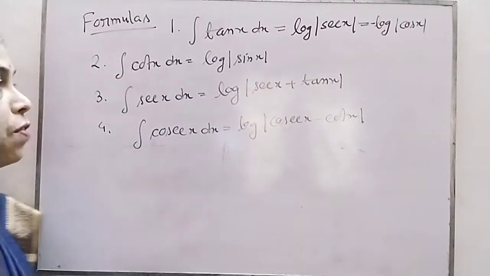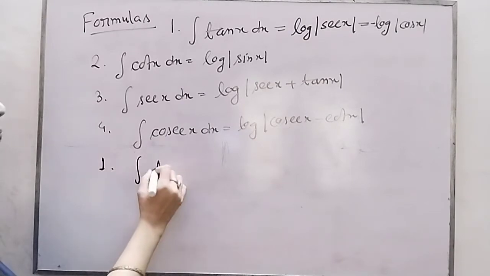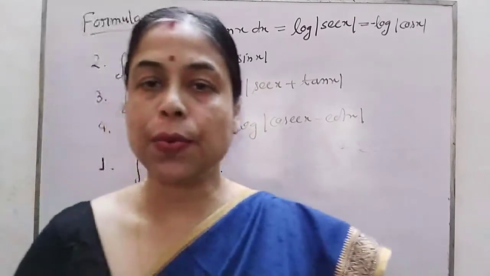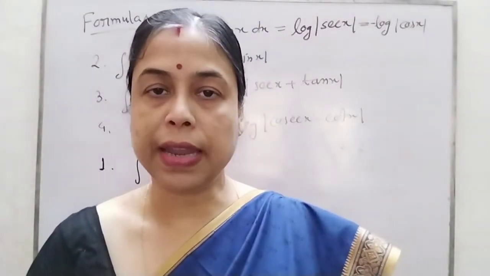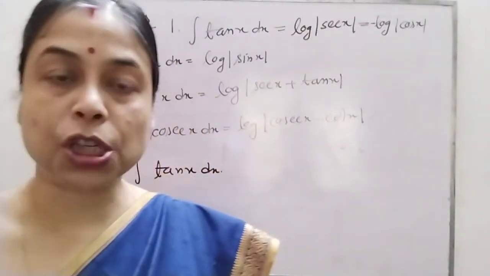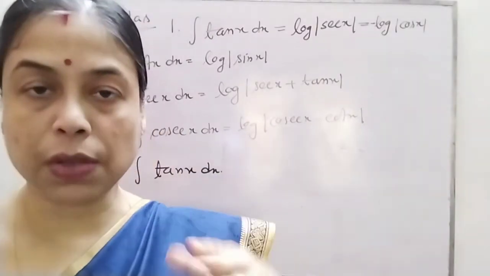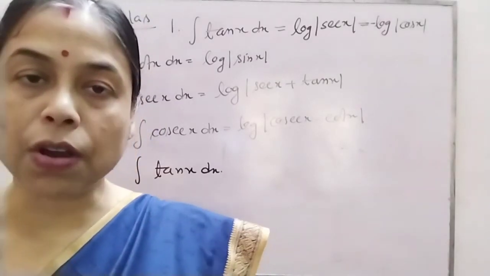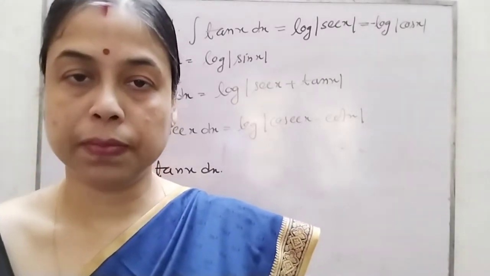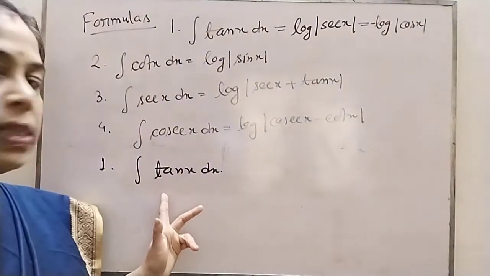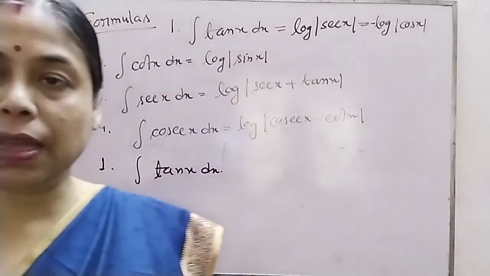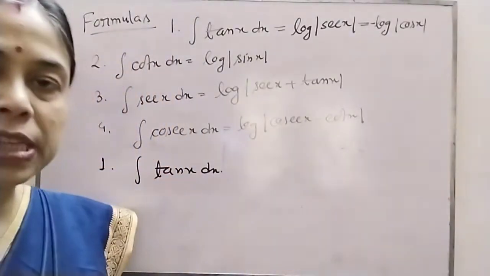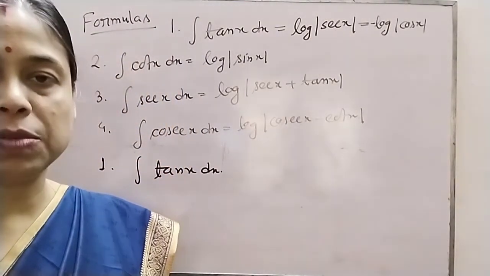Okay. Now go to the first question, that is integration of tan x dx. You see, you have to convert tan x in such a way that some substitution gives you a standard form, so that the integrand converts to some standard form. Generally in most cases we try to convert in terms of sine and cos. If no other way is found, then try to change in terms of sine and cos.